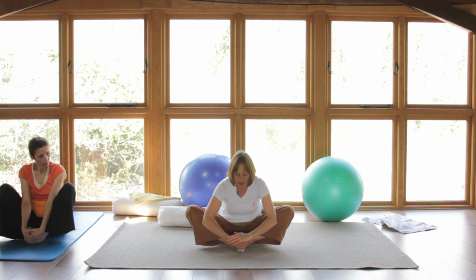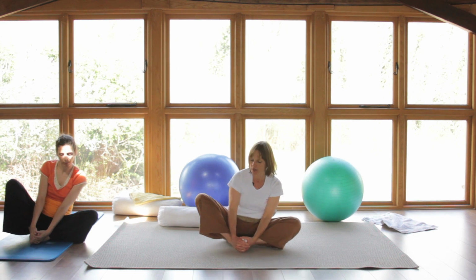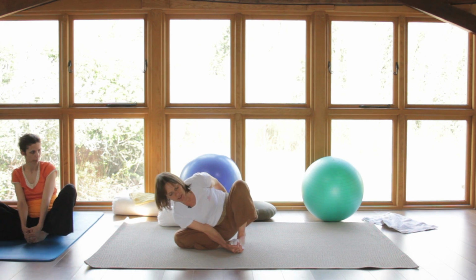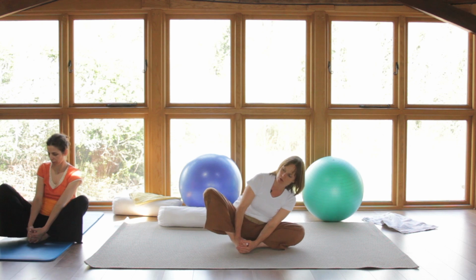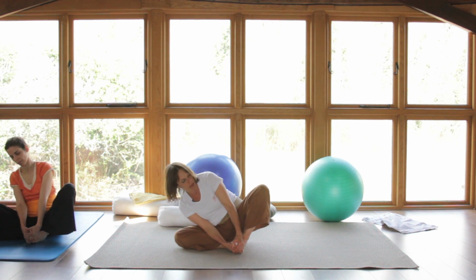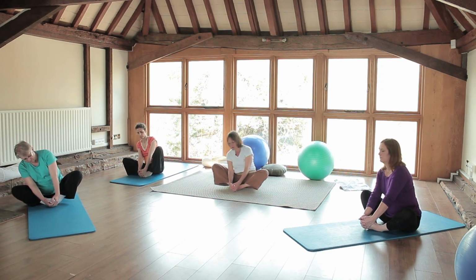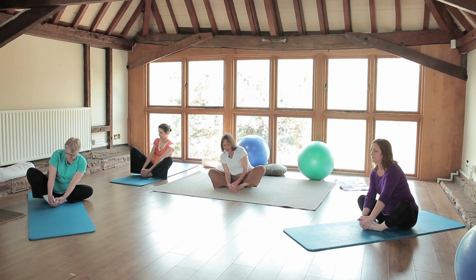Another preparation for going into the full stretch can be to just rock gently from side to side. There are some small intestine related points in the sacral area which this frees up a little bit by just rocking from side to side, just as slowly or as quickly as you feel comfortable doing. And then